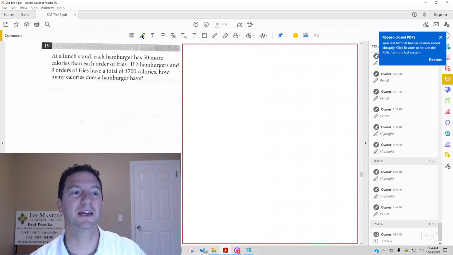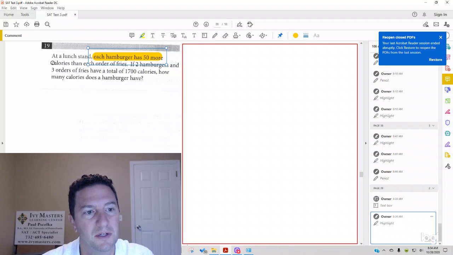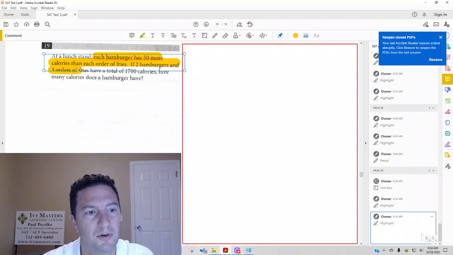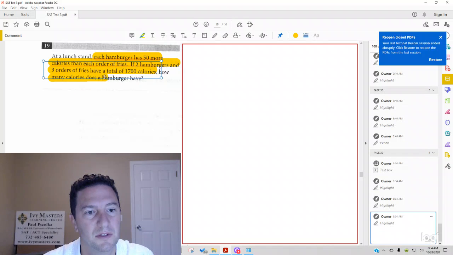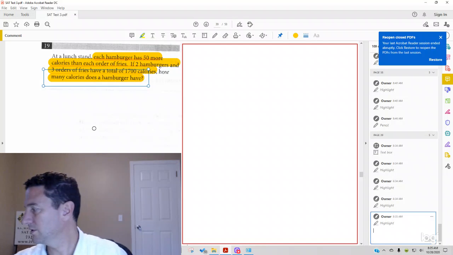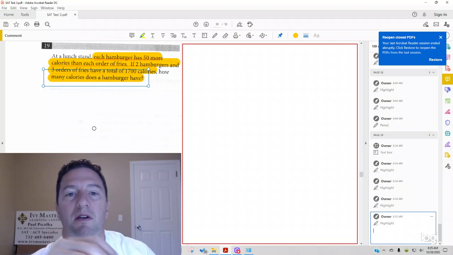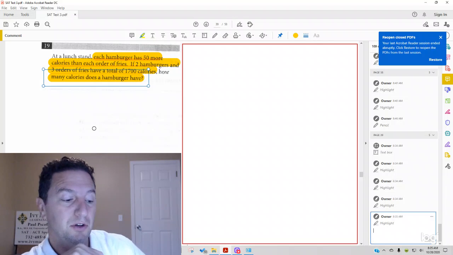Today we're going to look at Test 3, Section 3, number 19, which reads: at a lunch stand, each hamburger has 50 more calories than each order of fries. If 2 hamburgers and 3 orders of fries have a total of 1,700 calories, how many calories does each hamburger have? So, in order to do this problem, you could set it up algebraically, or you could set up a